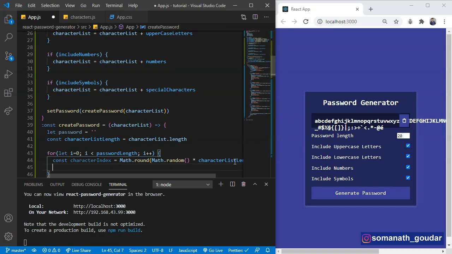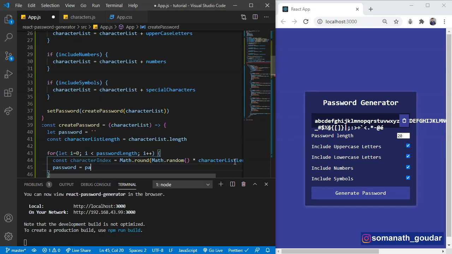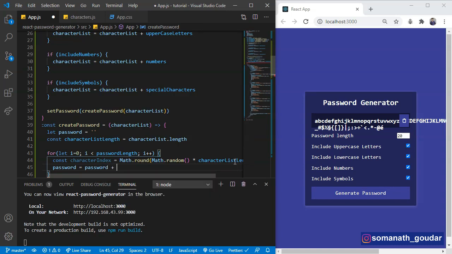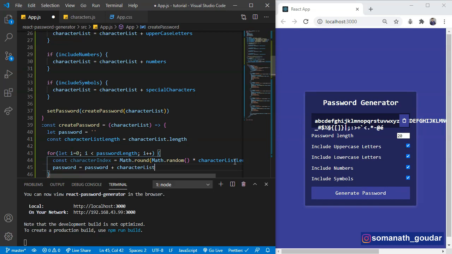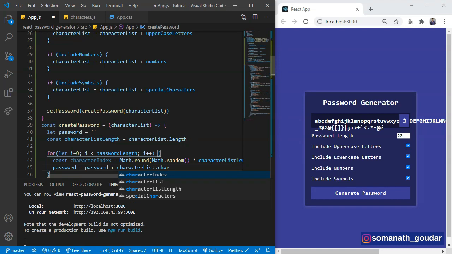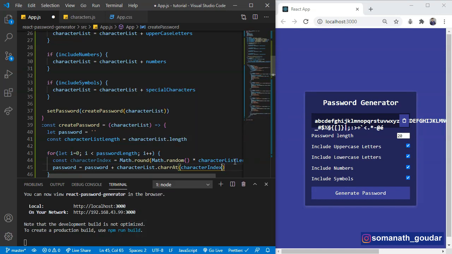Now we need to generate a password. Let's set the password to password plus characterList.charAt at that character index.